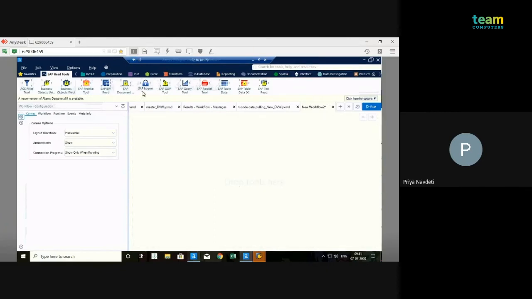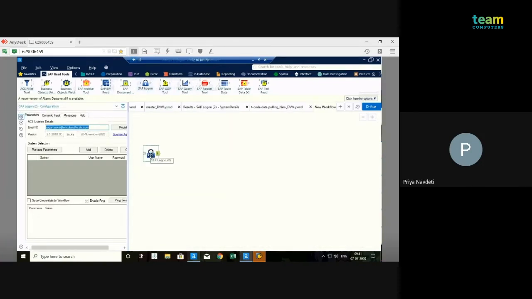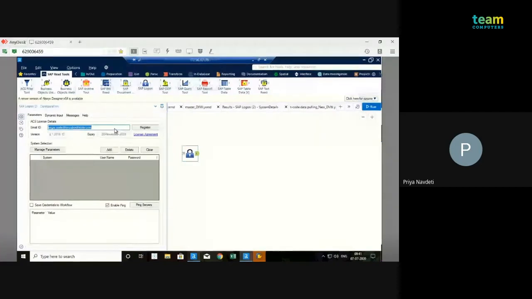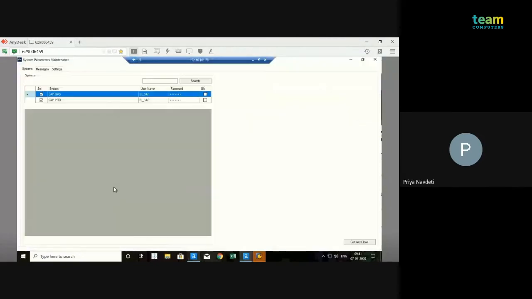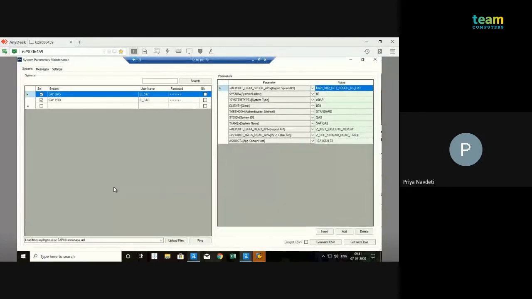To connect to the SAP system, we need SAP logon. So here we need to drag this SAP logon. Then it will prompt you to enter the registered email ID. Whoever has registered, we have to enter that email ID. Then we have to click on manage parameters. Here we have the two systems.